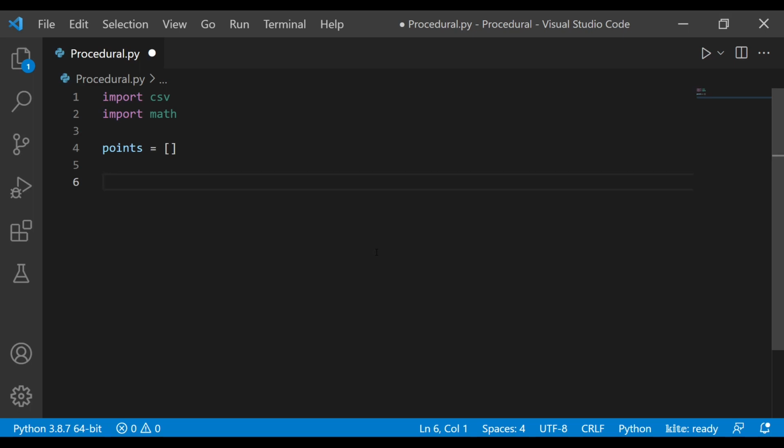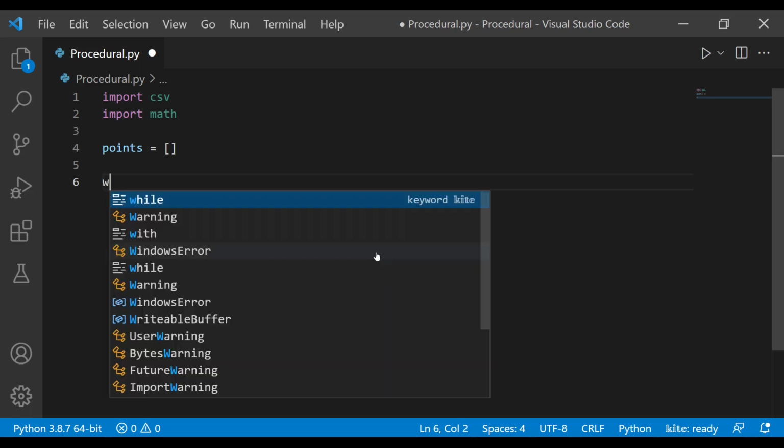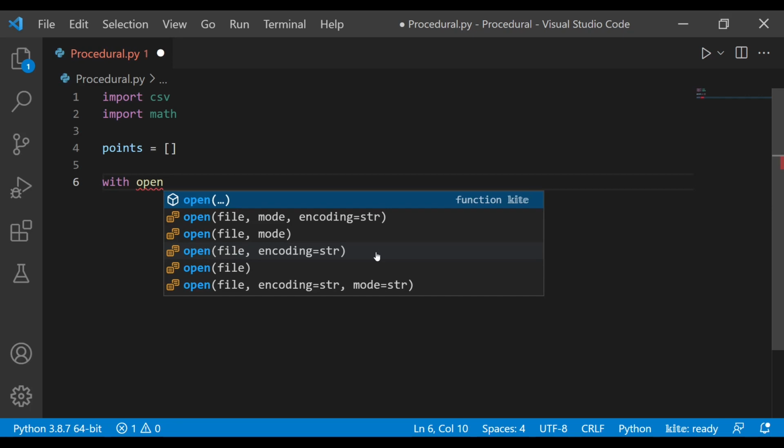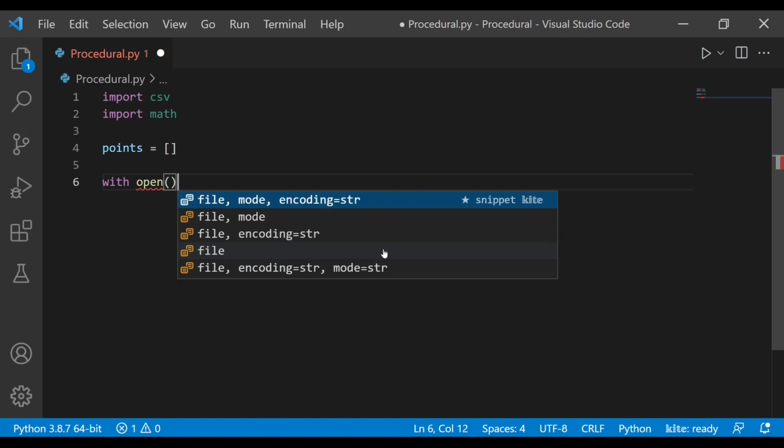We need to use some syntax. So, with open. There are actually other ways to open a CSV file or text file, but we are going to use this one because it is the most ubiquitous syntax being used right now for opening CSV or text files. So, with open, and then